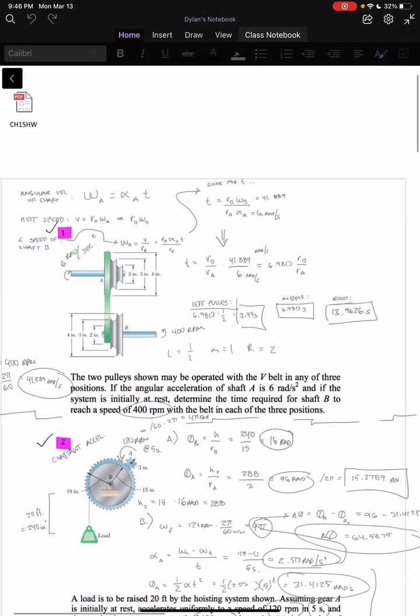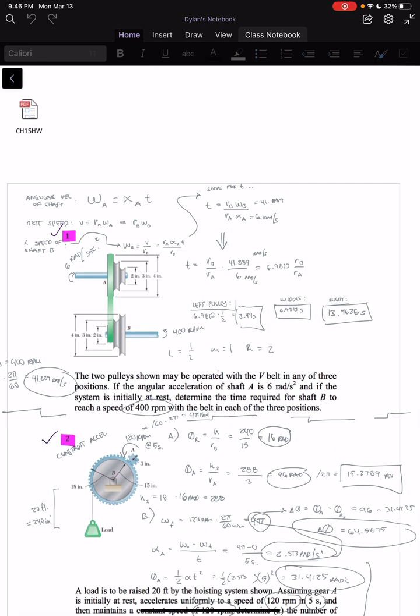Starting with number 1, we know that our formula relating angular acceleration, angular velocity, and time is right there at the top of the page. And so from that point, we can solve for t. And then we get the following because we know that